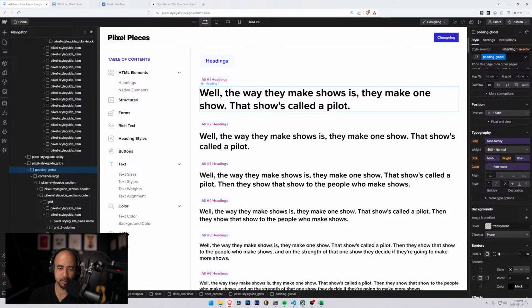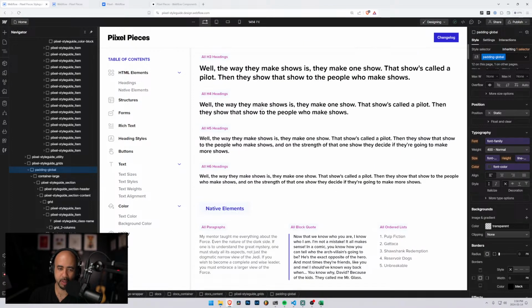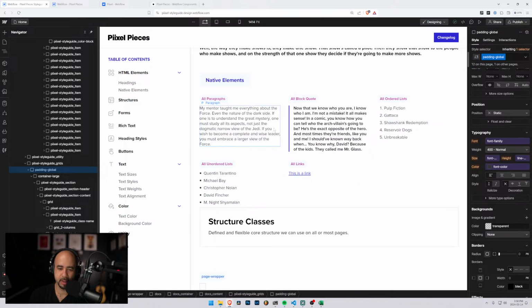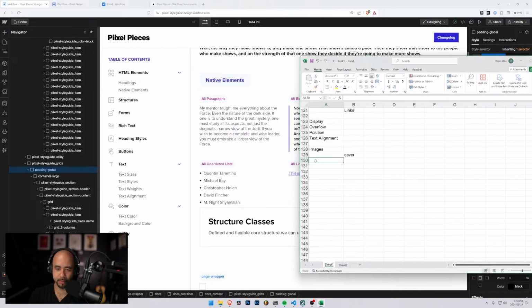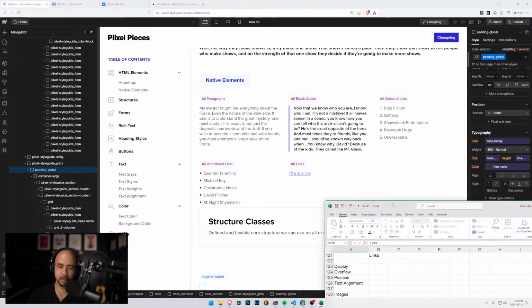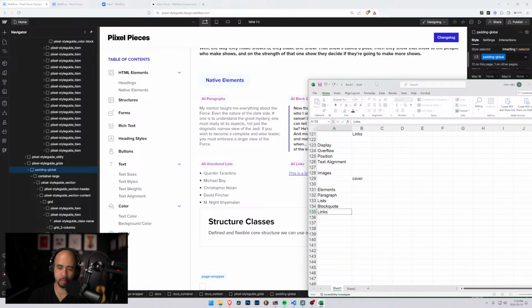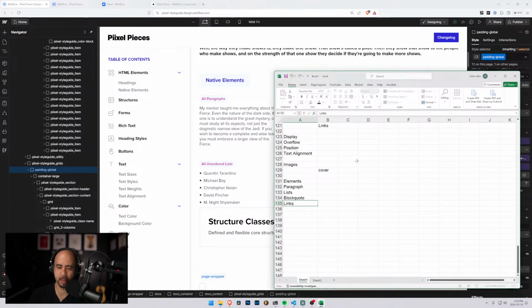Right. So yeah, we're going to have the headings, but only up to H5. Oh yeah, we need to have just, I guess, the elements. Paragraph, lists, block quote, link. Yeah, that's pretty much it, eh? Might be a couple. Well, there's stuff with forms and everything, but